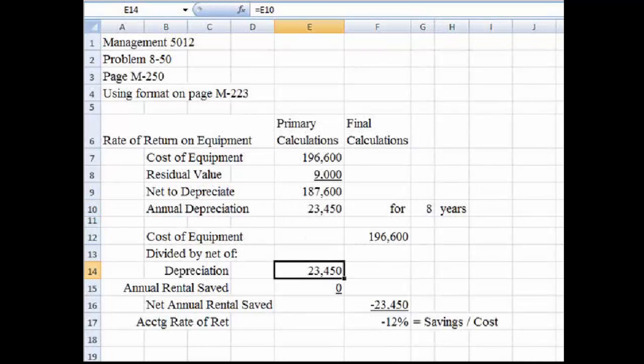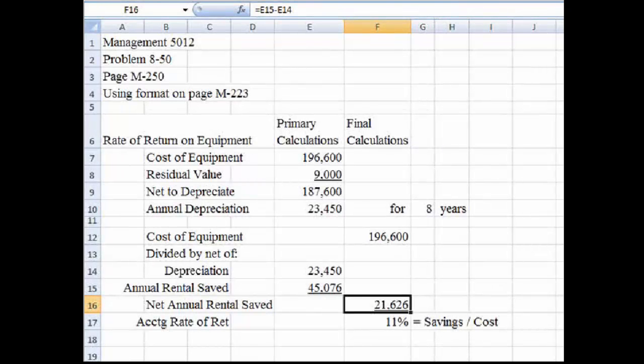Moving down to the second half of the schedule, the $23,450 is in the cell to the right of depreciation, and the annual rental saved needs to be entered in the cell below that. From the book, that number is $45,076. The cell to the right and down one subtracts the depreciation of $23,450 from the annual rental saved of $45,076 and indicates a net annual rental savings of